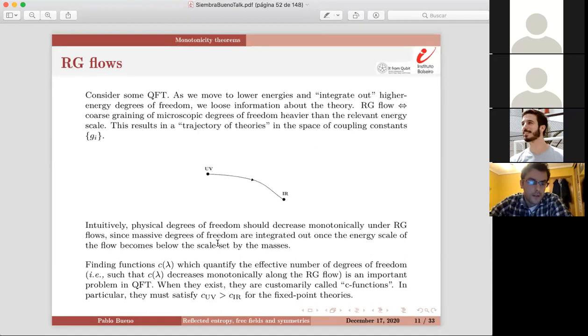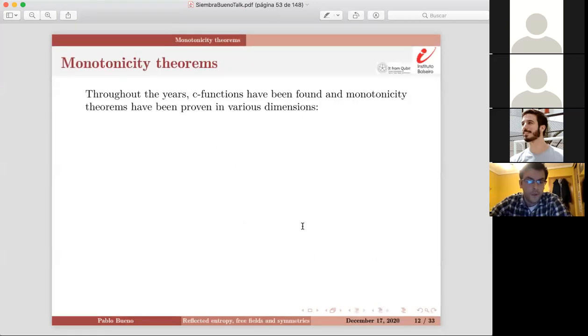Well, in particular, this function should be such that at the UV fixed point, the number has to be higher than at the IR fixed point, obviously, because you have fewer degrees of freedom when you are in the IR. So, well, there are C theorems in many dimensions now, although